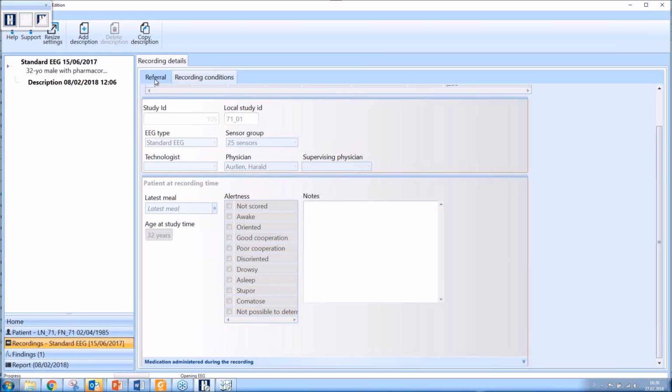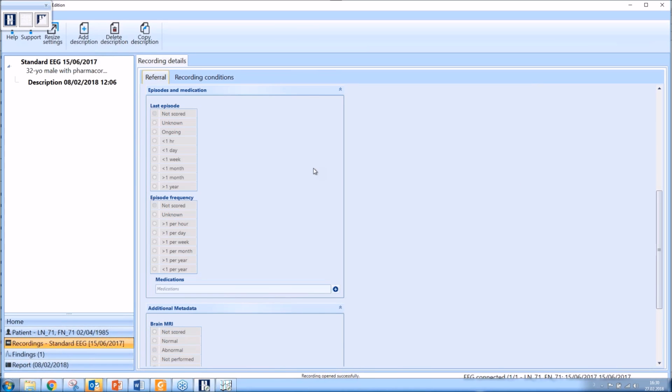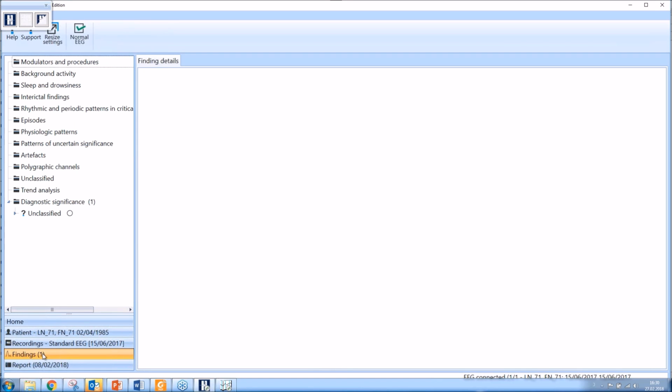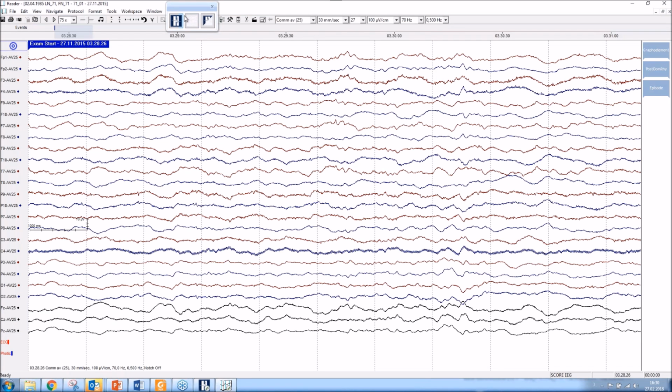So I can then have a look at the referral information and see that this is a 32-year-old male with pharmacoresistant focal epilepsy referred to long-term monitoring for pre-surgical evaluation. And then I move on to the findings here in the workflow, and I click here to see the EEG itself. Okay, so now first here the patient is sleeping,